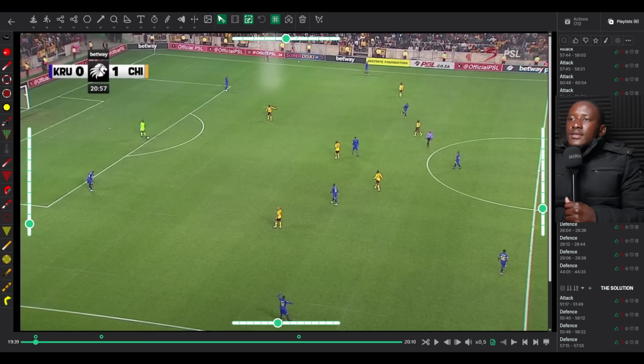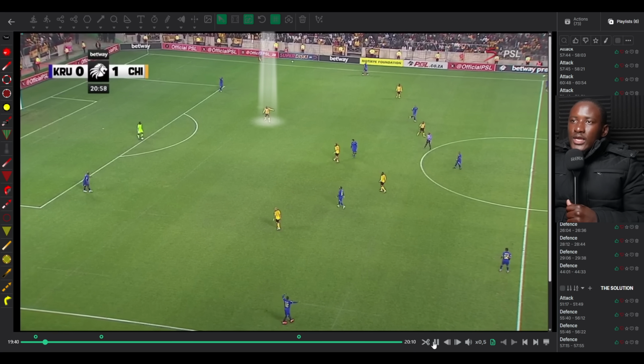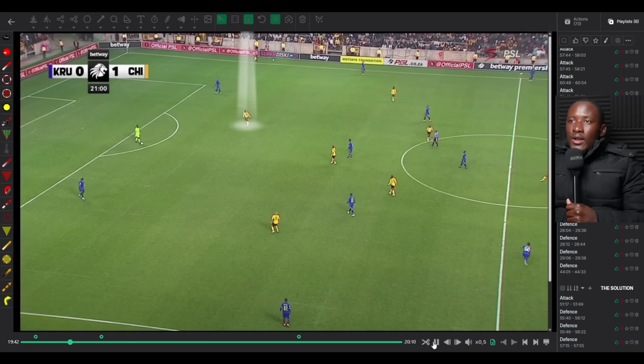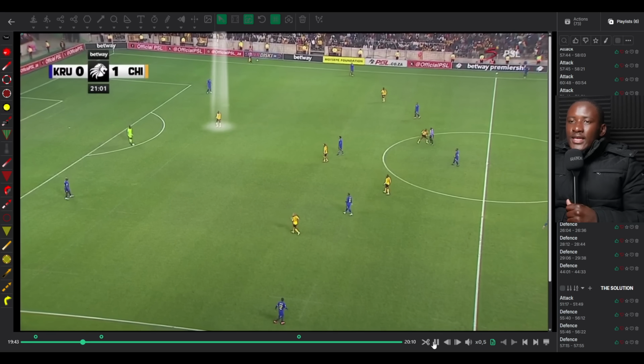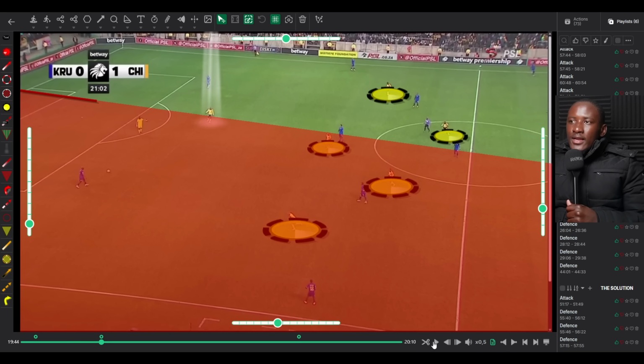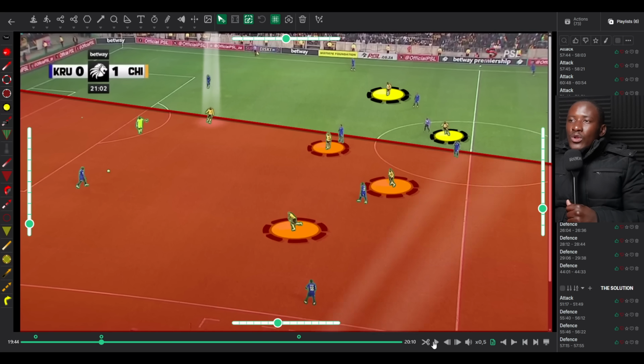Once again, Chiefs are in this very narrow shape, and Silva again, he tells them, I'm about to do the thing. Look at his run again. It's not straight. He's not pressing the keeper at all, but his movement is in such a way that Chiefs are now, watch, 3, 2, 1, cornering the team into one side of the pitch. And now look at all the players who are highlighted in yellow. They are now trying to force Kruger to play on the right hand side of theirs.